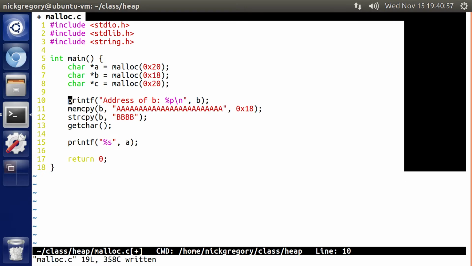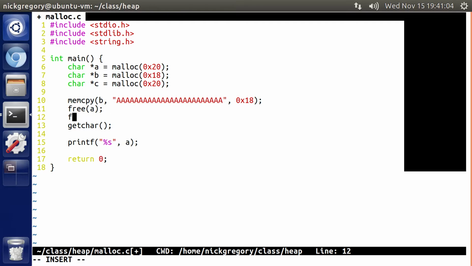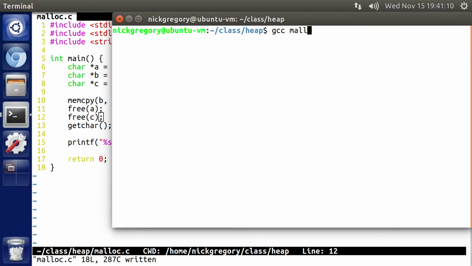We don't even care about addresses anymore. Let's assume that we don't get those for free. And now we're going to free A and free C. If I did this right, when we run malloc now,